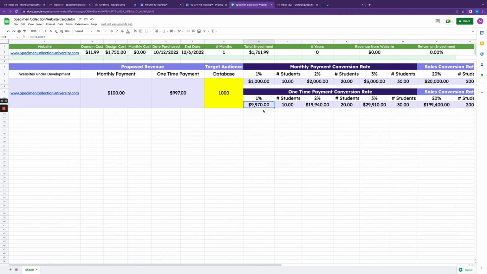And if I only convert 1% of that list, actually, yeah, that $500 that I added for Facebook, that's how I got this 1,000-piece database. Because that $500 I used to market on Facebook, and as a result, I was able to get 1,000 people. Let's just say, this is all an example. I was able to get 1,000 people to download my free item, right? And out of that 1,000 people, now I've converted 1%. You see how conservative we're being? 1% of that 1,000 gets me this.